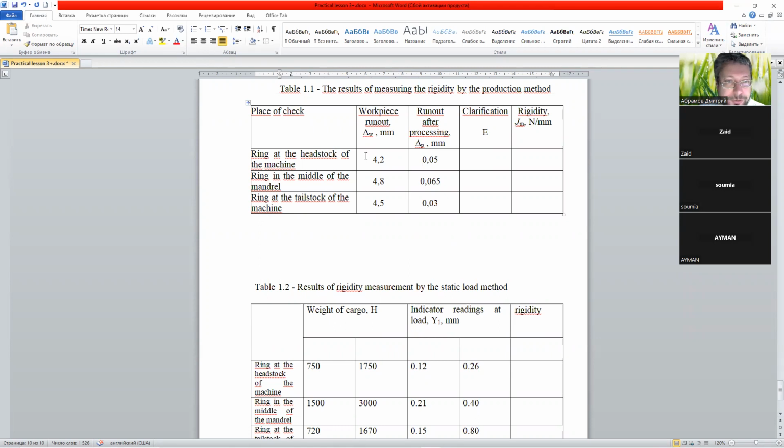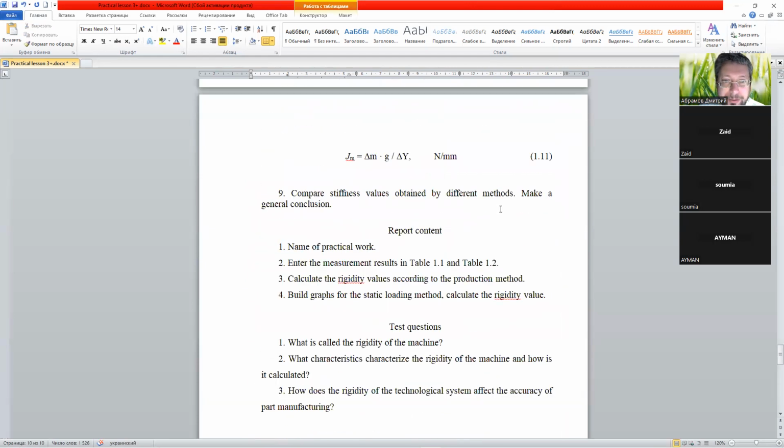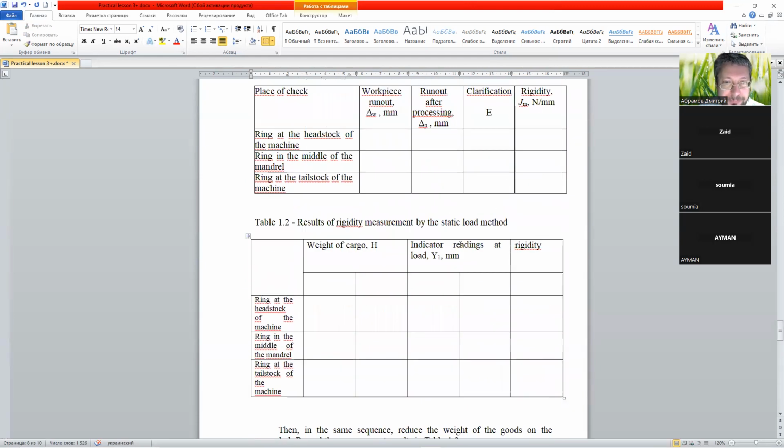Ivan, please use this value in table 1.1 and calculate the clarification E for the first ring, for the second ring, and for the third ring. Use the formula